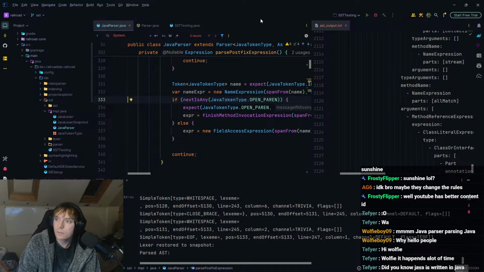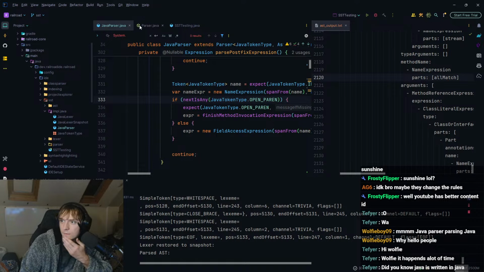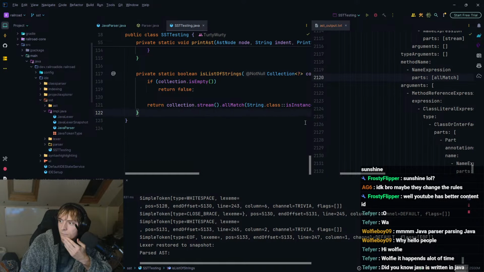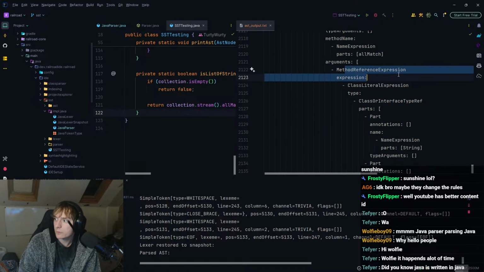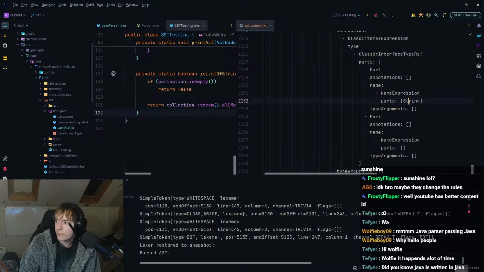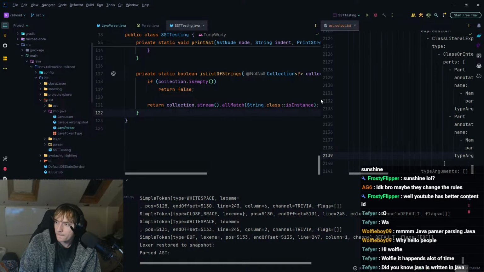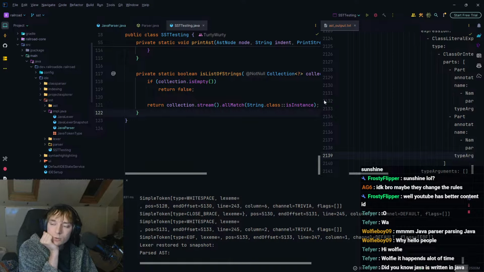So that hopefully has caused this to now give us a method reference. So we have a method reference expression of a class literal expression, so that is string. That's not quite right though. I see, because it finds a string and then it finds the dot.